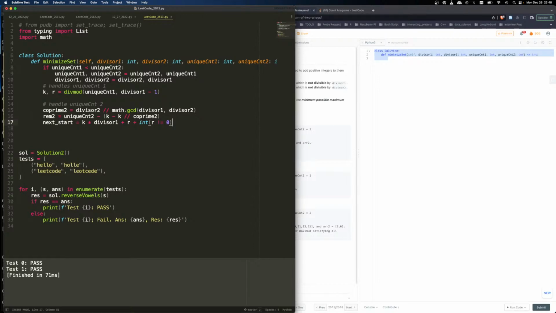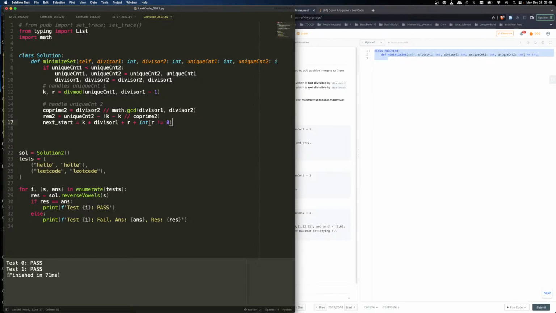So what we can do is, we can do the next start divided by divisor 2. Okay, next start divided by divisor 2 will give us